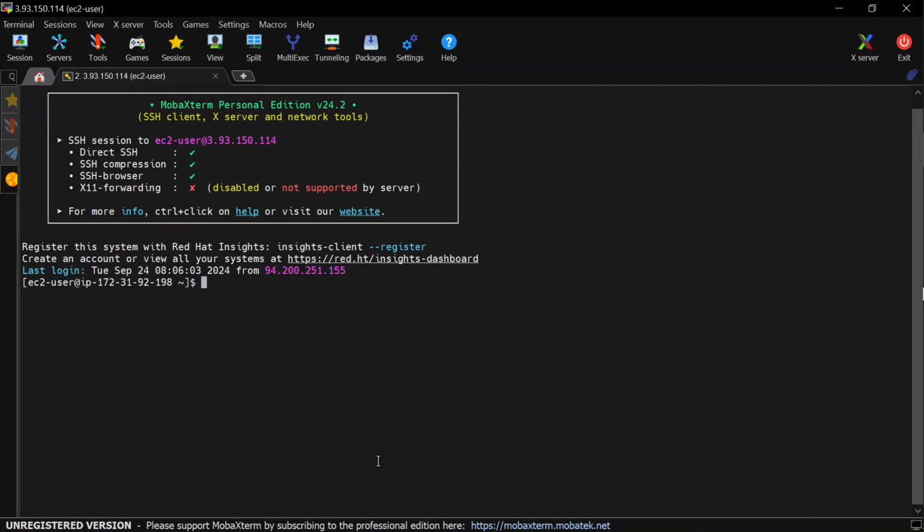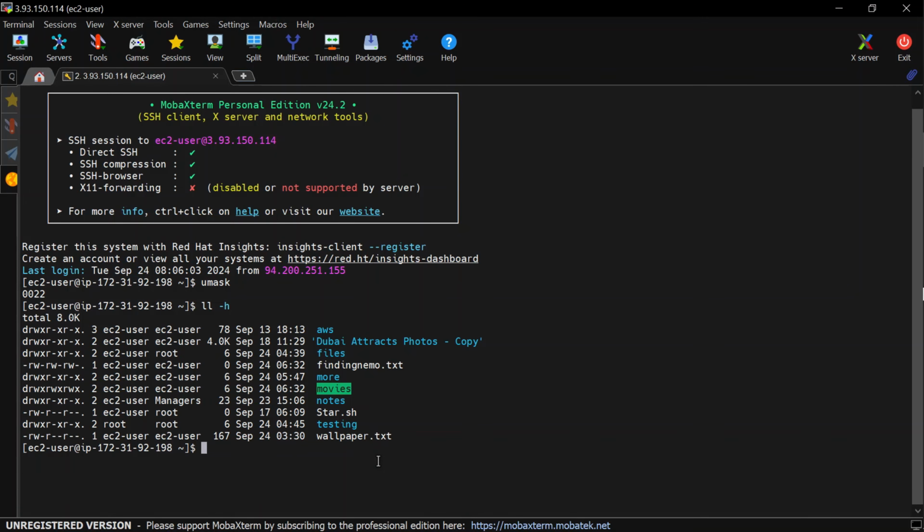Now that we're inside mobile extern, let's first determine what our umask value is. Umask. Our umask value is currently 0022, which means all our files have 644 permission, and all our directories have 755 permission. Let's do ll -h, and that shows us that our directory here has read, write, execute, read, execute, read, execute,